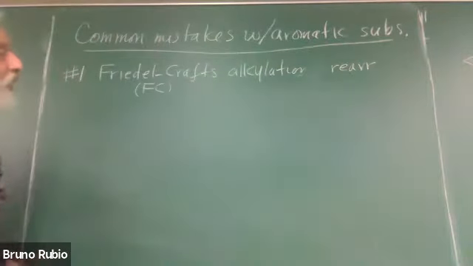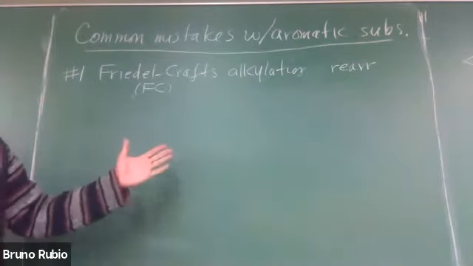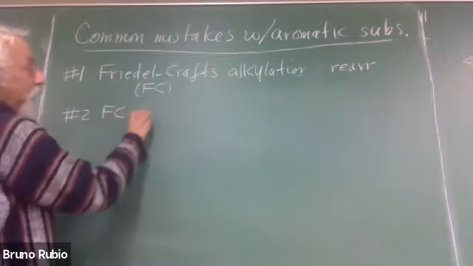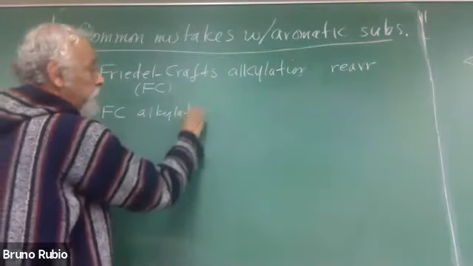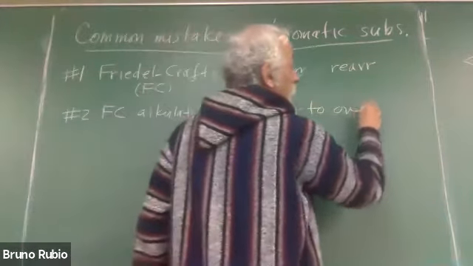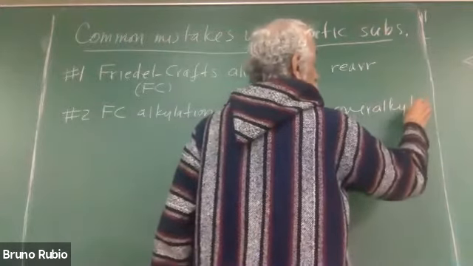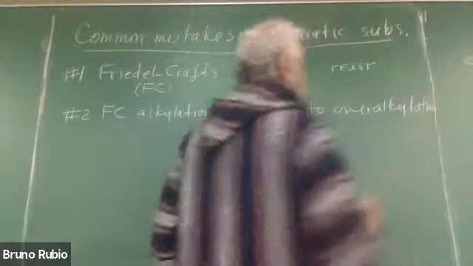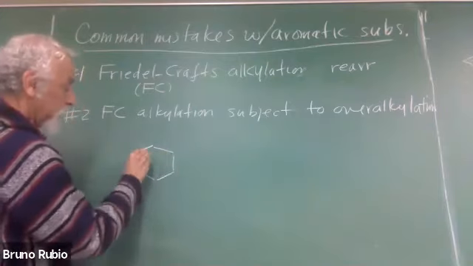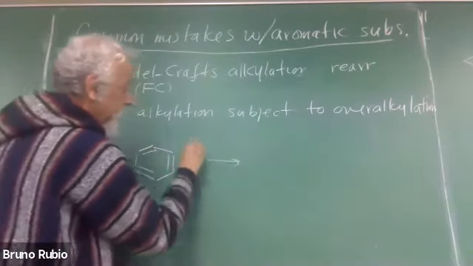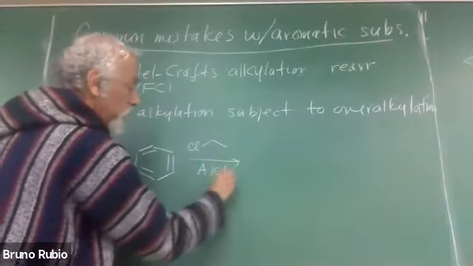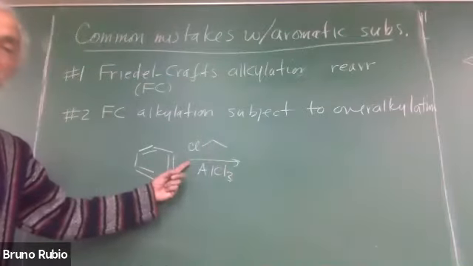Another mistake that people make with Friedel-Crafts alkylation is that FC alkylation frequently is subject to over alkylation. So imagine you start out with something that looks like this, benzene, and you want to put the ethyl group on there. And so you'll use this ethyl chloride,